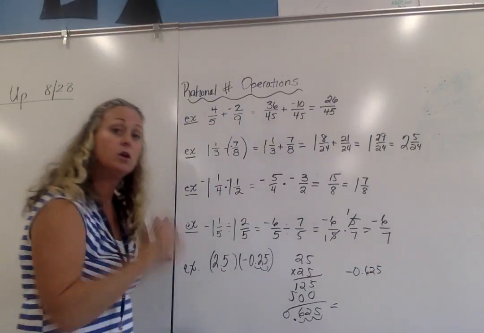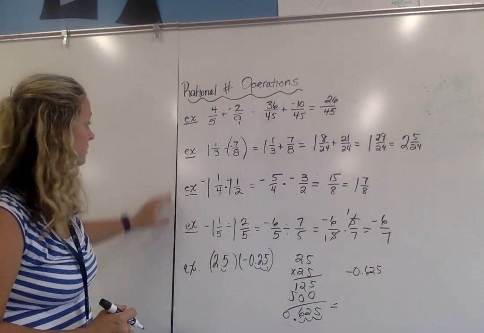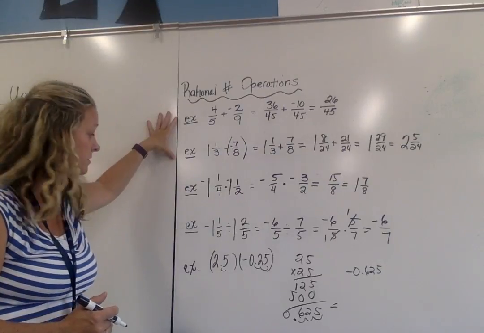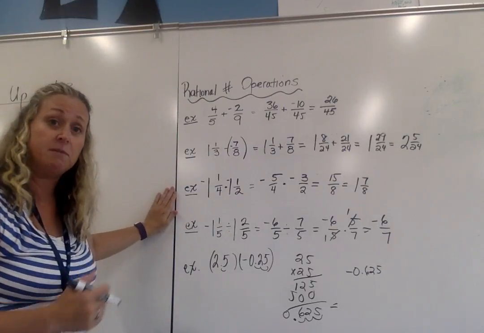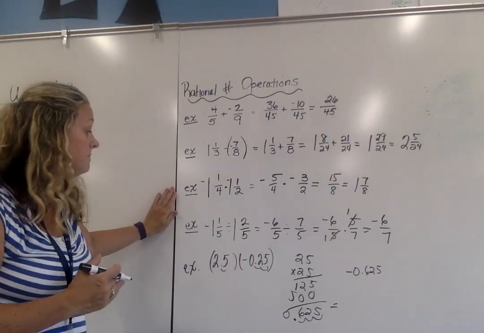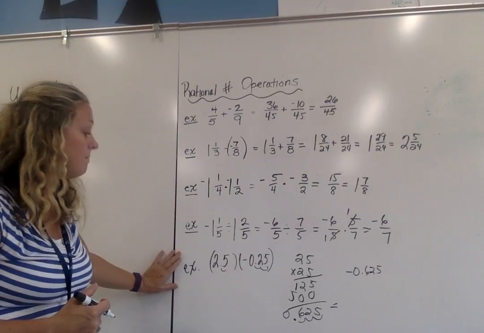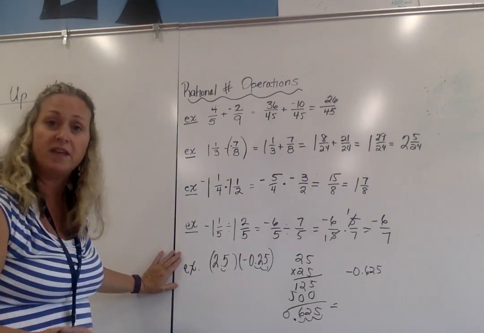-0.625. So for a recap of rational numbers, adding and subtracting, I need to make sure I have common denominators. Multiplying and dividing, I need to make sure I'm using improper fractions, if any mixed numbers. And then when I multiply decimals, I need to make sure I'm moving that decimal point over